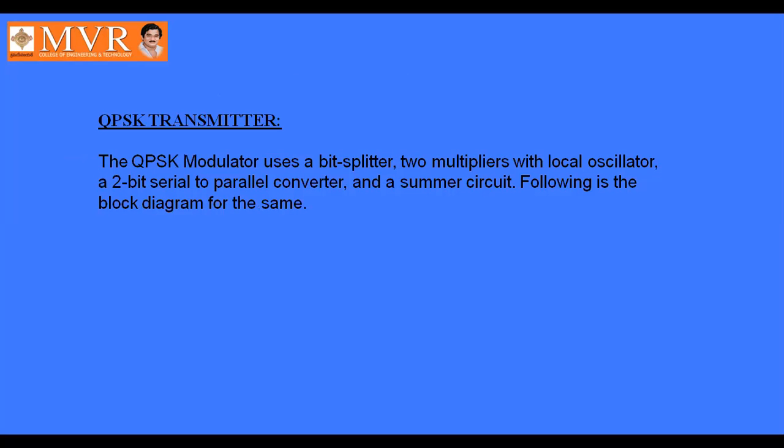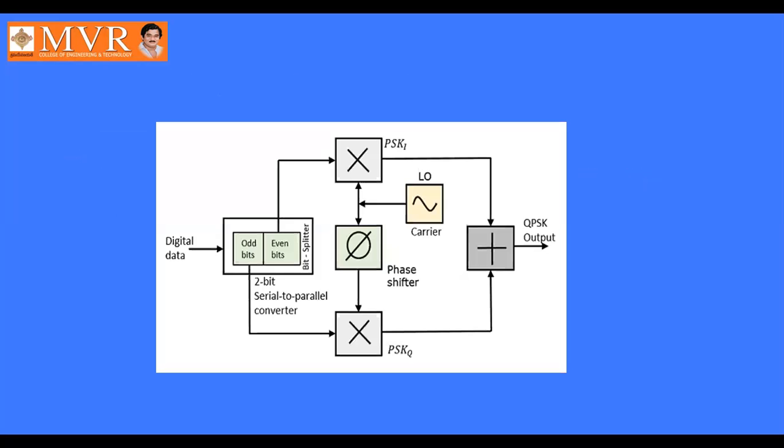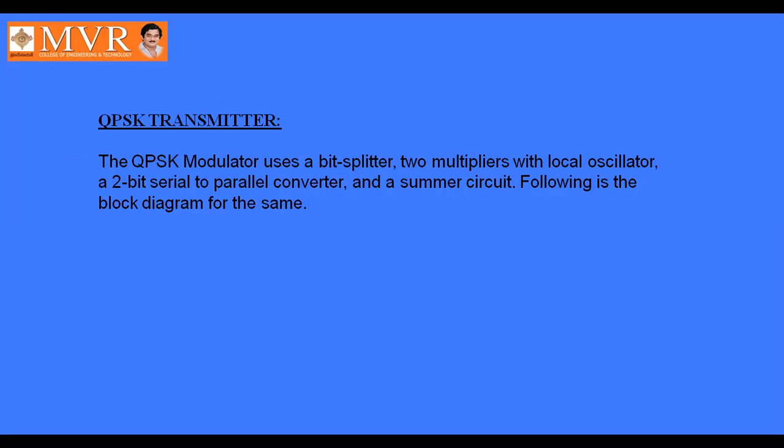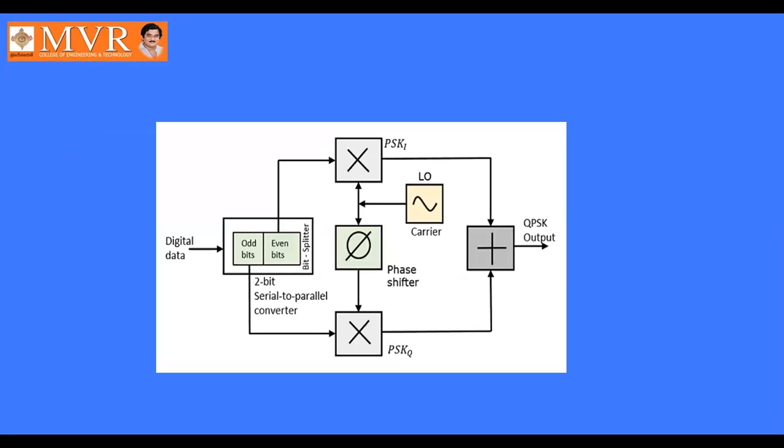And next we see the QPSK transmitter. So this is your QPSK transmitter. It includes a bit splitter, 2 multipliers with a local oscillator, a 2-bit serial to parallel converter, and a summing circuit. Observe the QPSK transmitter here. First we give the digital information, digital data, that is zeros and ones, and the digital information provided is divided into